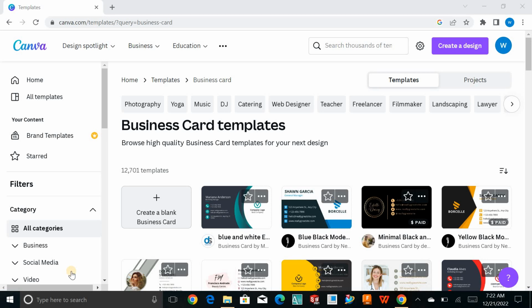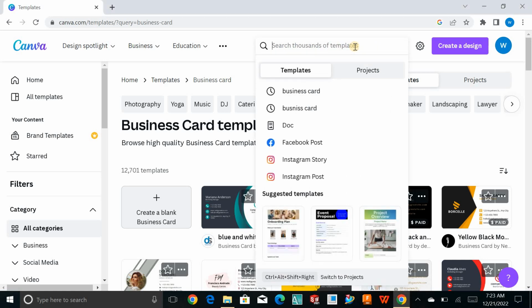Today let's talk about how you can create business cards inside Canva. So let's get right into it. Open your Canva account and log in, and then you can simply search for the business card,